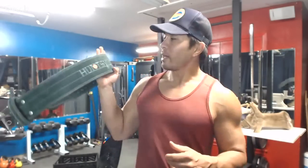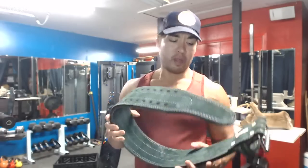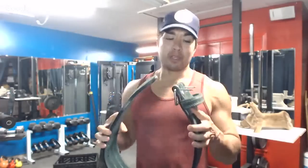Now it does have Huntsville on the back. I don't think anybody's going to care. It was asking price $8. The lady sold it to me for $5. So I think it was $5. Anyway, so this is a good deal. I think I could considerably sell this thing for like $50 to $60 pretty confidently, because like I said,